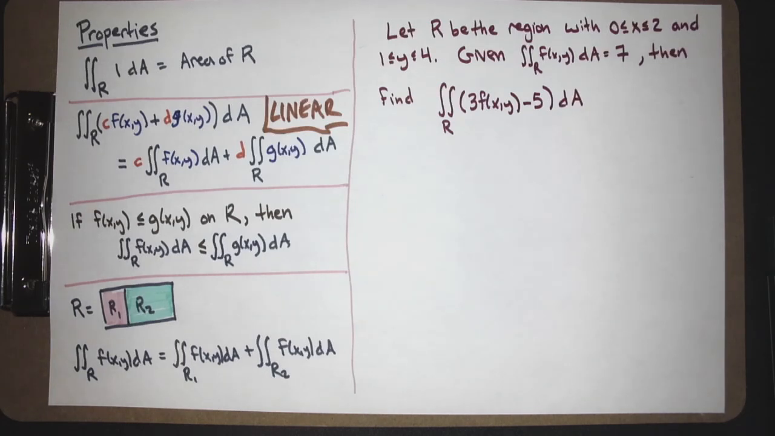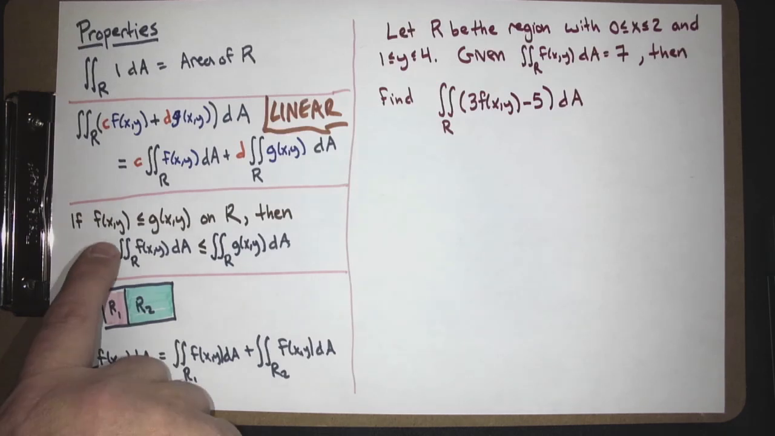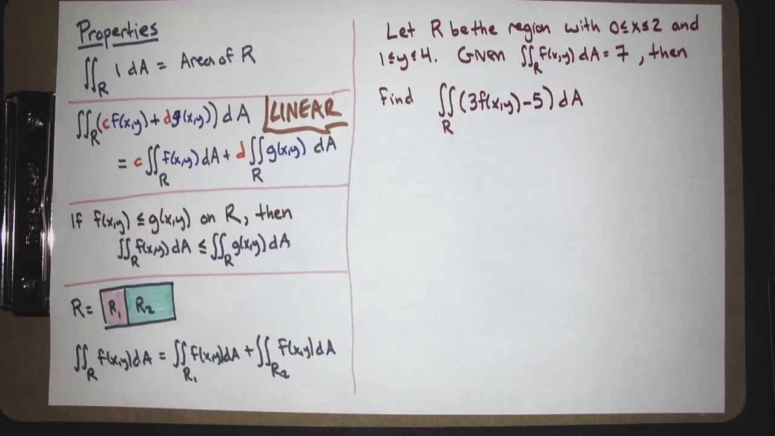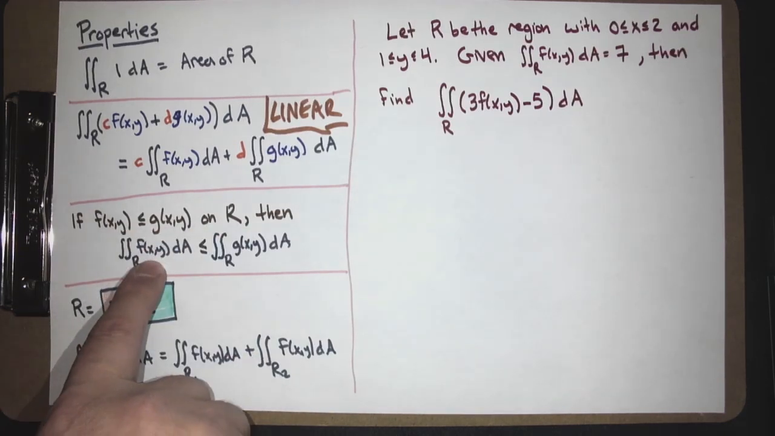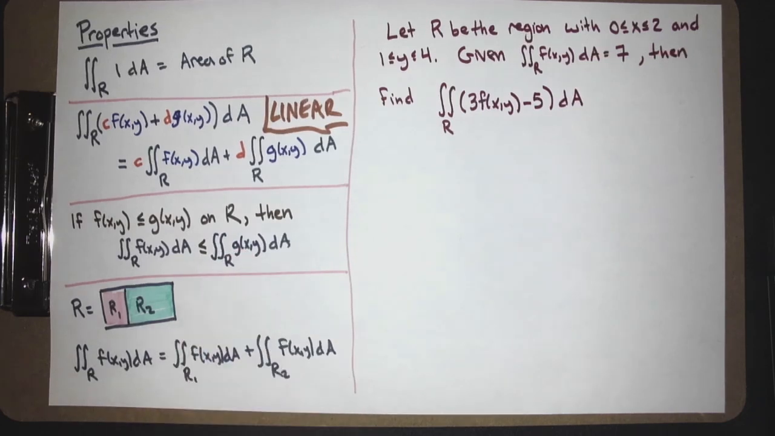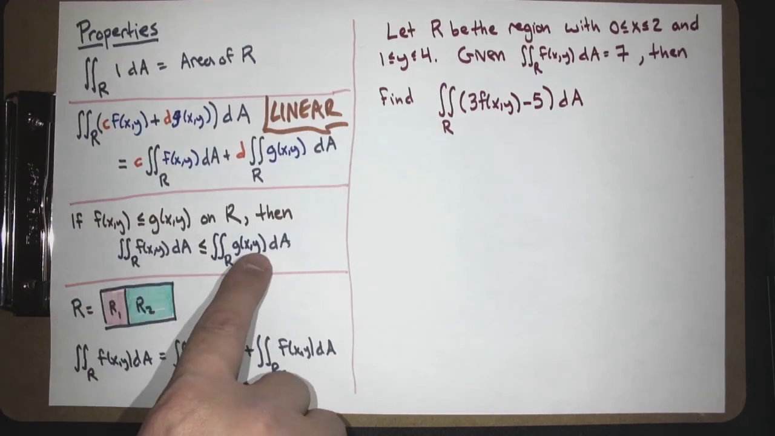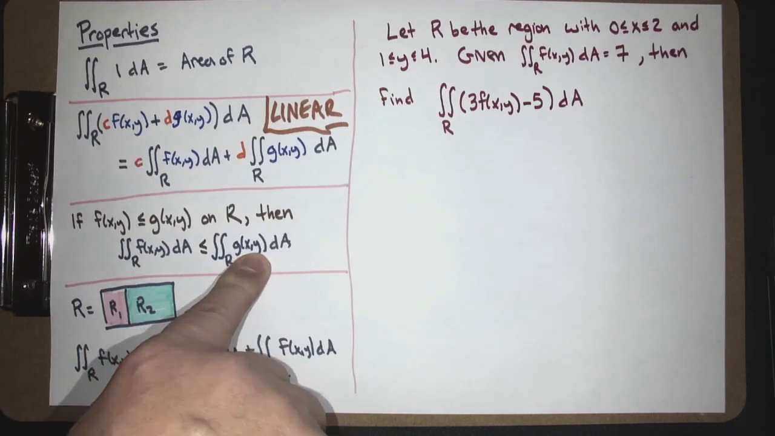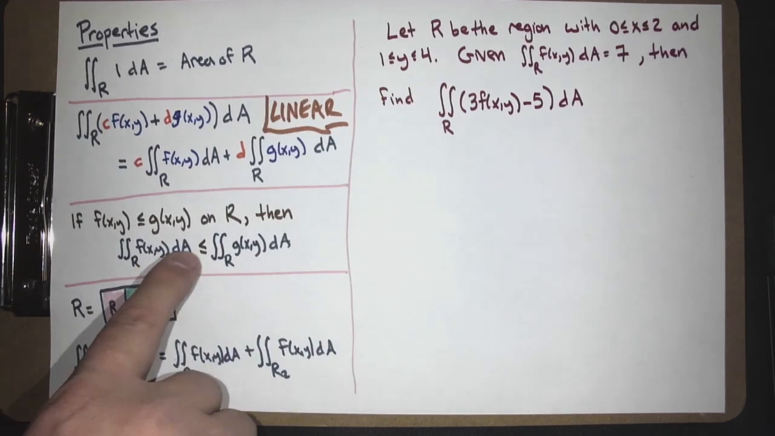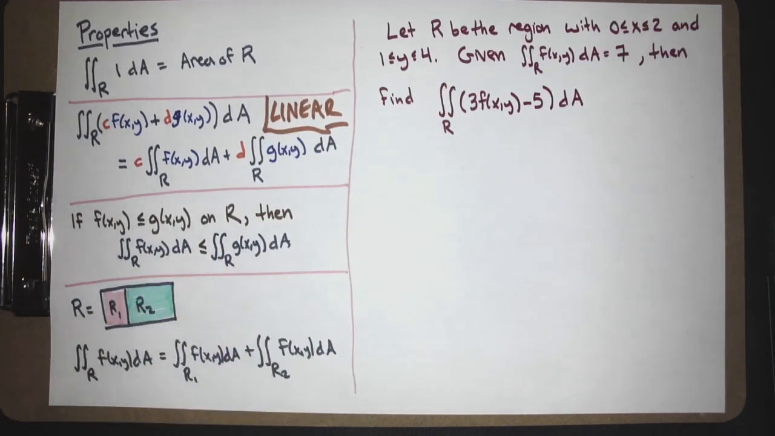If I have one function that's below another function on my region, then the integral of one function is below the integral of the other function. And that makes sense because if you think about breaking things up into pieces, you say, well, the contribution from the piece for f is going to be less or equal to the contribution of the piece from g. So if you add up a lot of things which have the inequality, you still preserve the inequality. So that's not a surprise. And the last thing